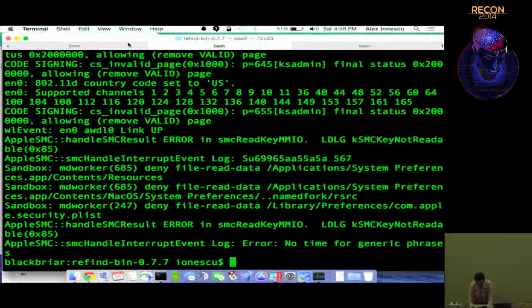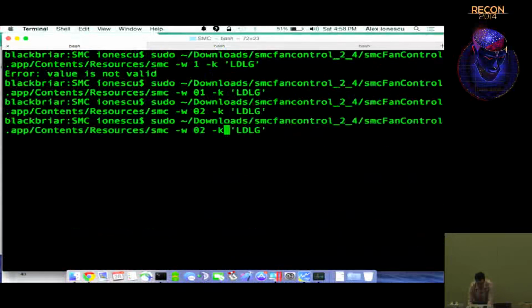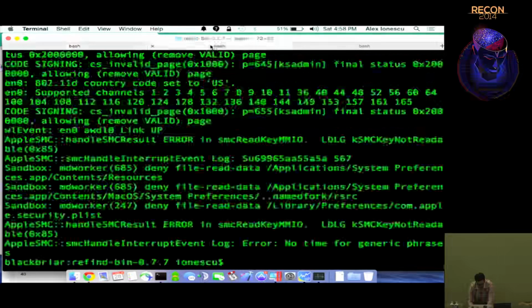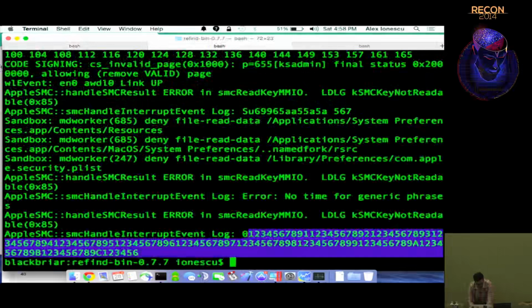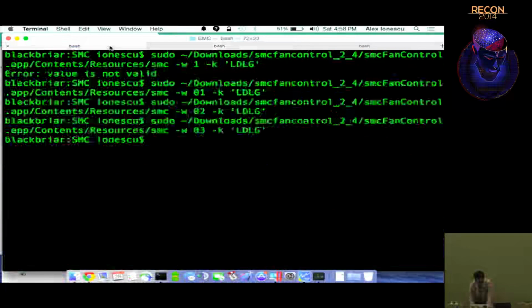Someone's trying to be funny. And if you write 3, then it says 0, 1, 2, 3, 4, 5, so just enumerate. So this is basically code in the SMC that's sending the string, and this is the Apple SMC driver responding to it. So by reverse engineering how that function works, we're able to figure out how to actually write the